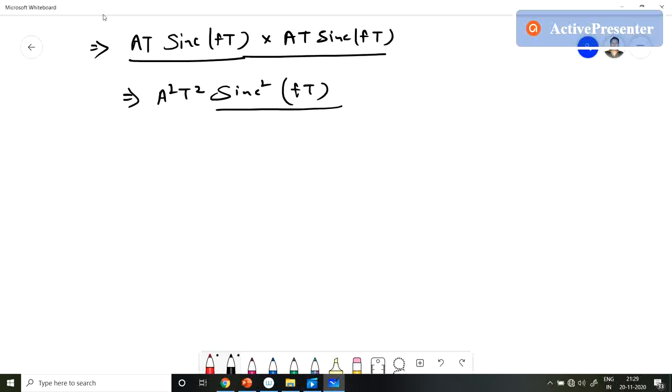Let us solve another problem that is also related to the Fourier transform. So the problem is,